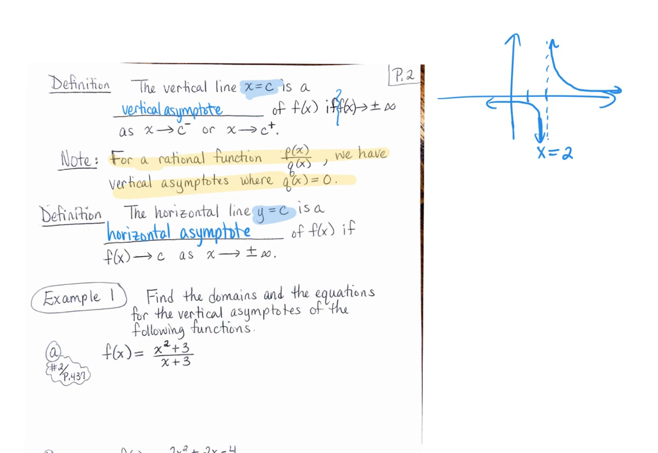So notice the difference. If you have a vertical asymptote, your function is going to approach plus or minus infinity whenever your x values get closer and closer to the constant. But for a horizontal asymptote, your function is going to approach a constant as x gets larger and larger, positive or negative. So what this looks like,